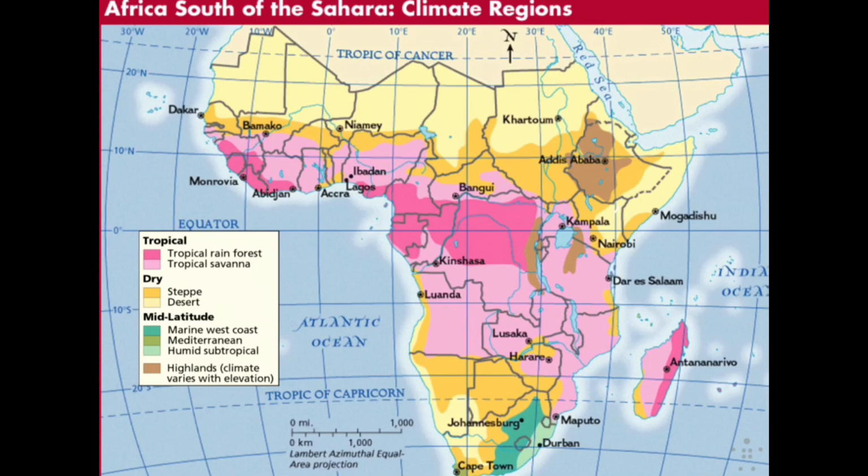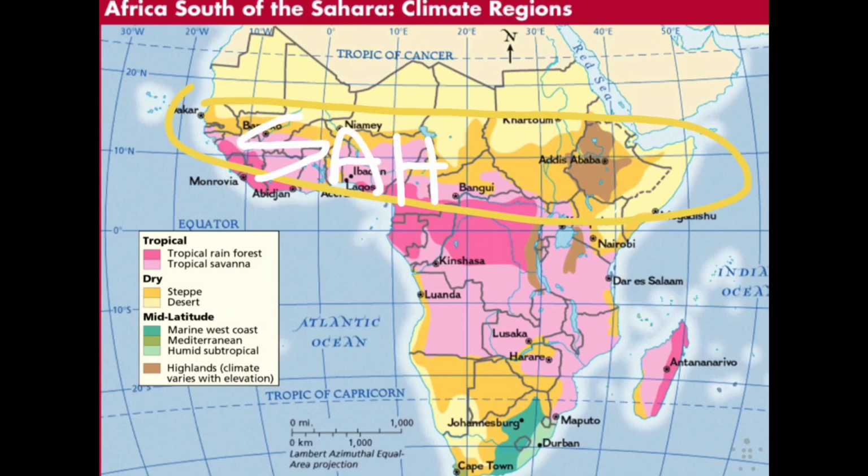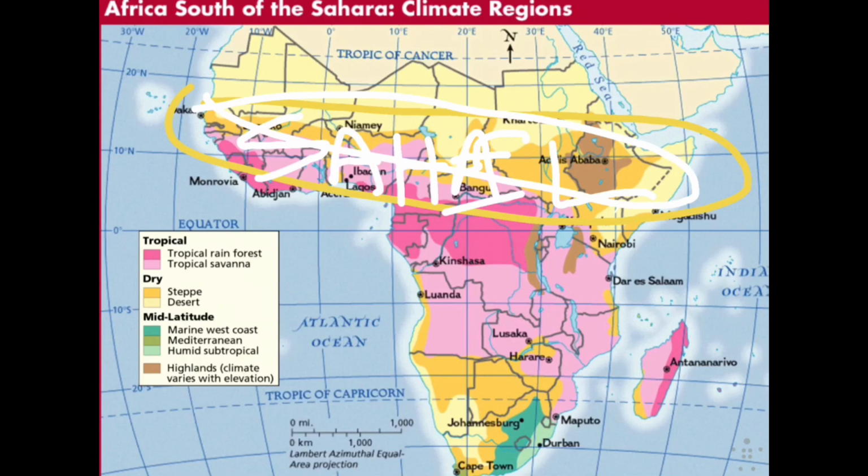And then we move on to our dry climates. One is the steppe. Steppe separates the savanna from the desert. It's a steppe from the desert to the tropical grassland. The northern steppe in this region here is known as the Sahel. And we talked a little bit about this in the last unit, but that's this northern steppe region. It is known as the Sahel. It literally means shore or edge in Arabic. This is your edge of the Sahara Desert.